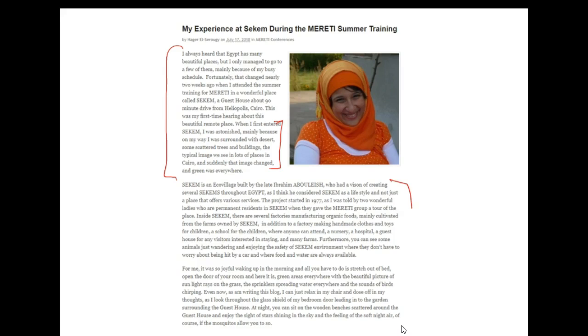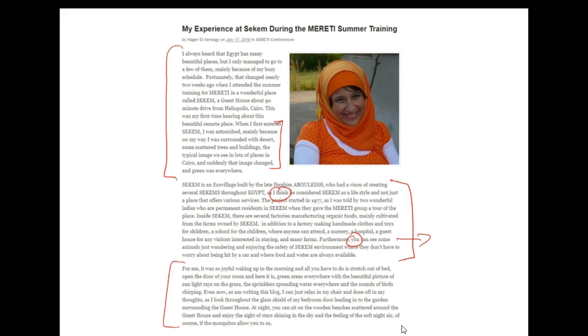And then the second paragraph, that logical condition, she actually writes about what Sekem is, namely this eco-village and what's happening there. And if you notice, she uses "you can see," some more animals. So she really engages you as a reader. She uses "as I think." So she draws you in by writing about herself in a personal way, as well as addressing you directly with the "you."